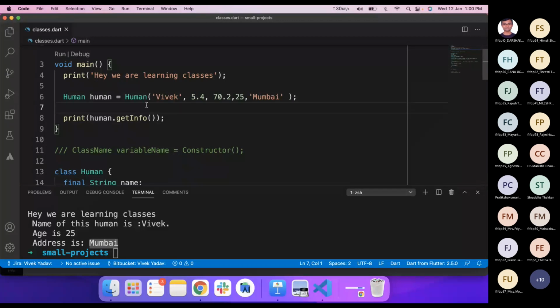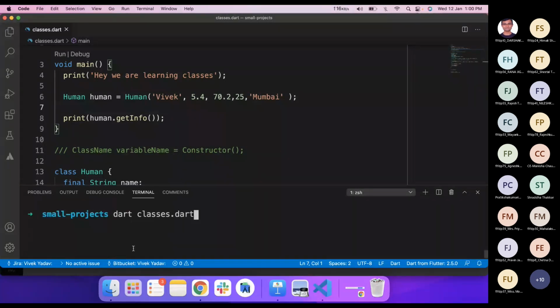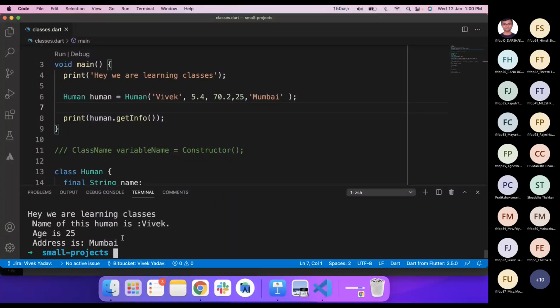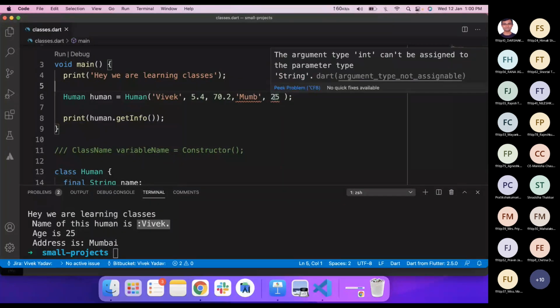Let's try to run this. Let me first clear it. If I run this, we can see the output is exactly the same. The age is 25, address is Mumbai, and name is Vivek. But let's do another thing. Let's try to put Mumbai first. Let's send the address first and then the age. You can see that this is creating an error.